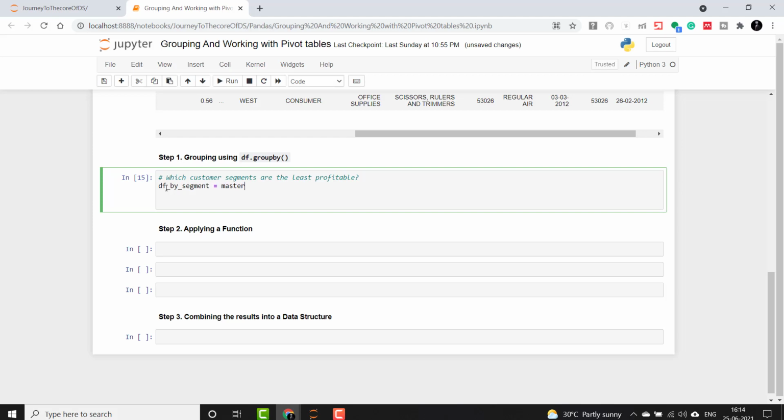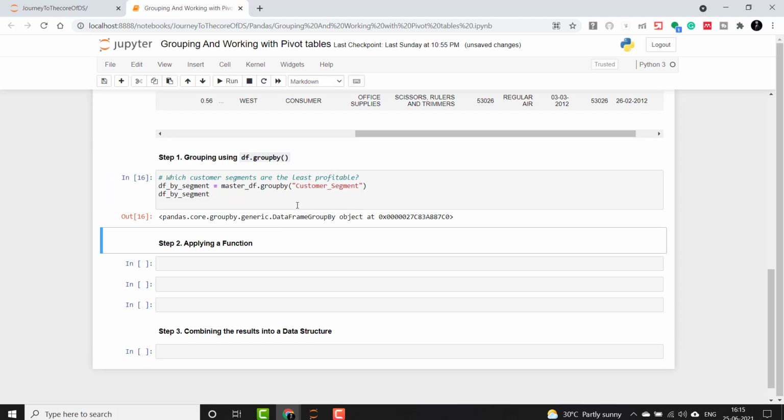I will take this master df and apply the groupby function on customer segment, and then let's see what it is returning.